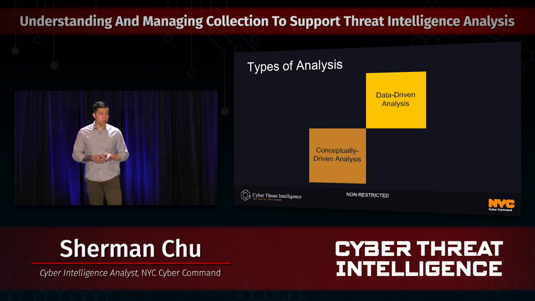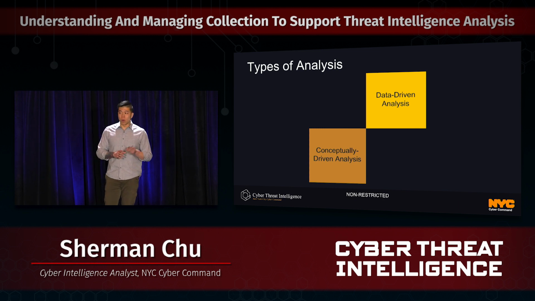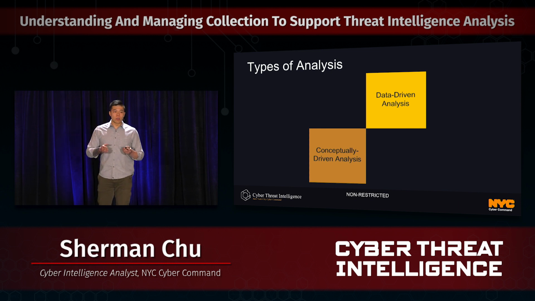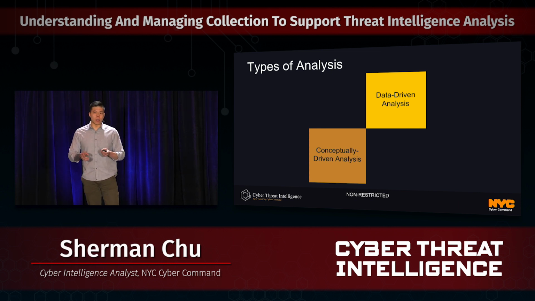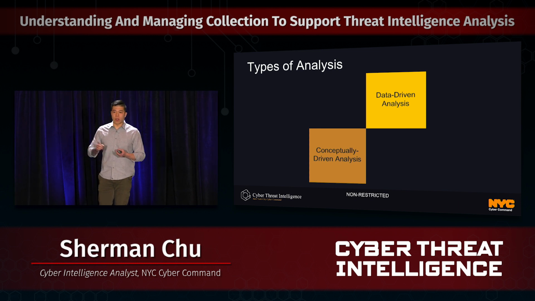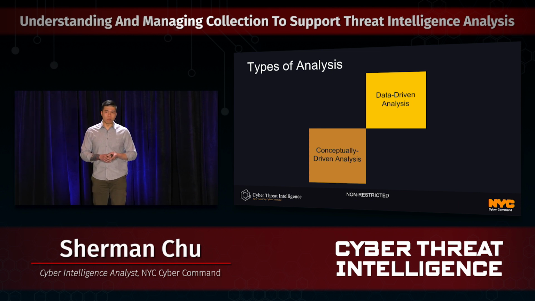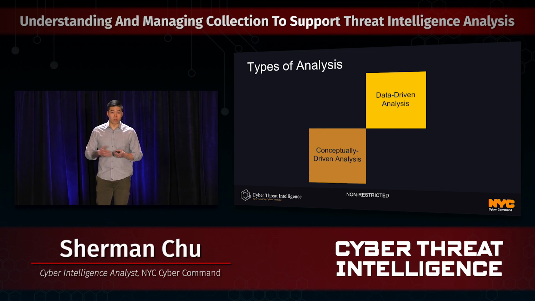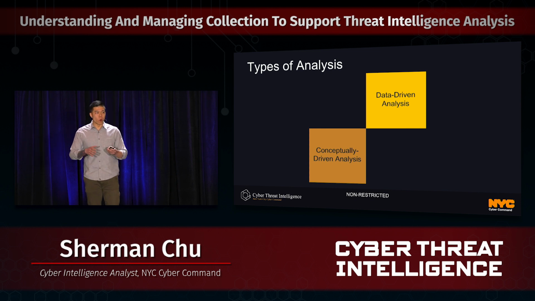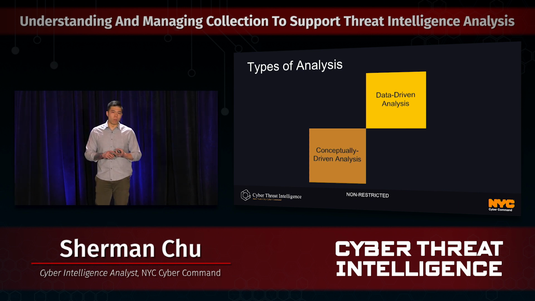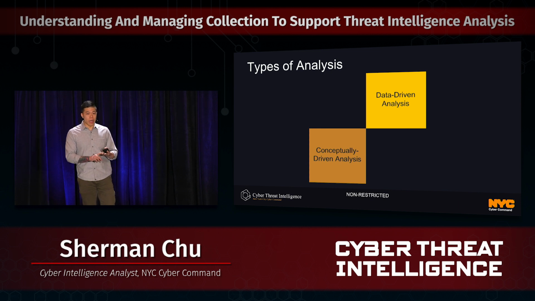Types of analysis. Largely, there are two main types, and they fall on a spectrum. On one end, you have data-driven analysis, where the accuracy depends on the accuracy and completeness of the data you have at hand. An example would be assessing the military combat readiness of a division of country A. It's very formulaic in the sense that as long as you have that information available, you can assess perhaps the size of the division, how much training they do, or how much resource they have,